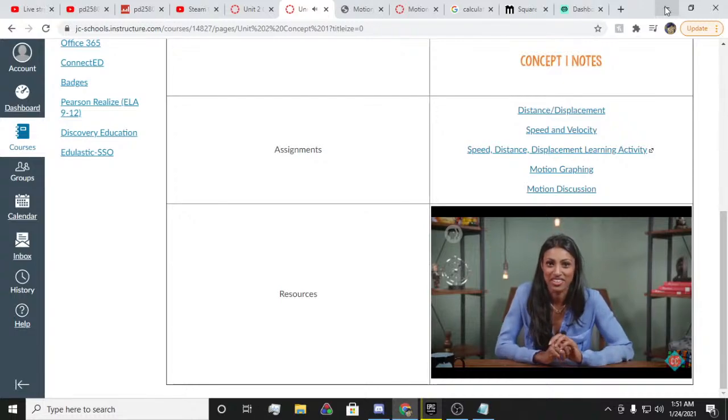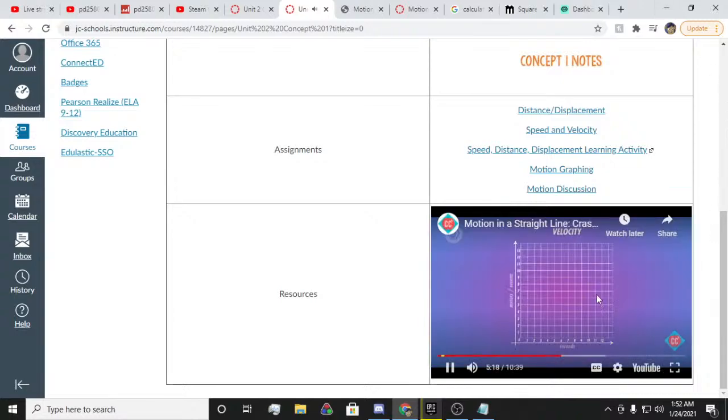But there's more going on in these scenarios than just your position and time. You also have to be able to graph your velocity and acceleration. So to graph your velocity, you'd put your velocity on the